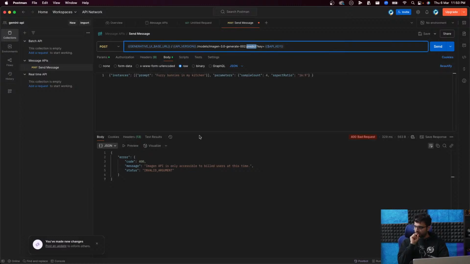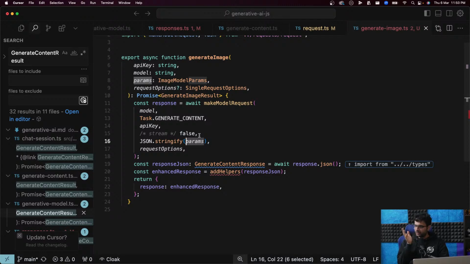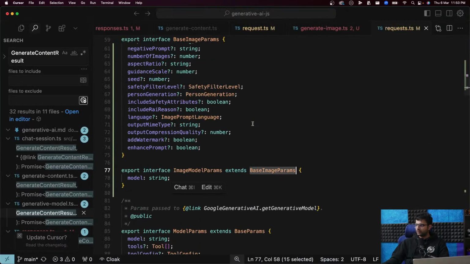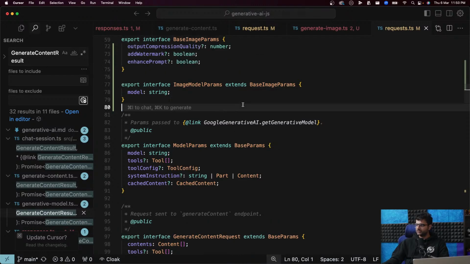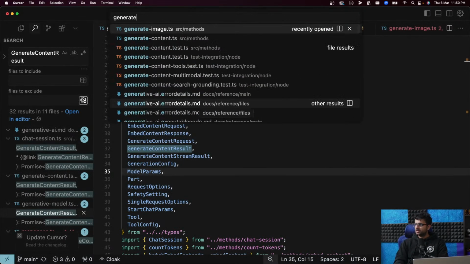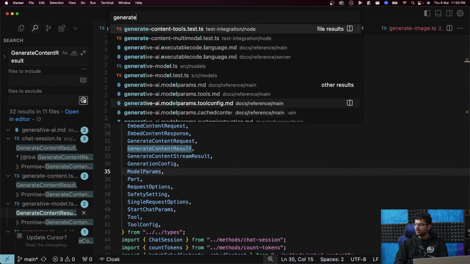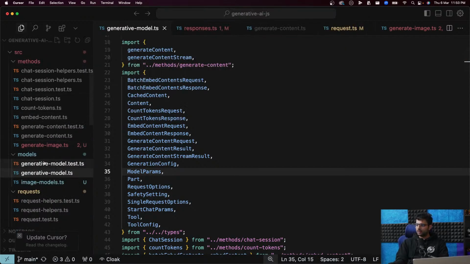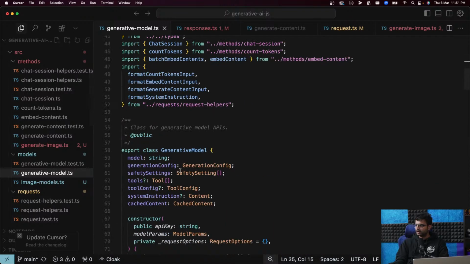So params need to look like this. Instances prompt needs to get converted to that format. Right now, image model params look like this. Probably not what we need. That's why you probably need the request object. So let's go back to the generative model and see. That's the one.